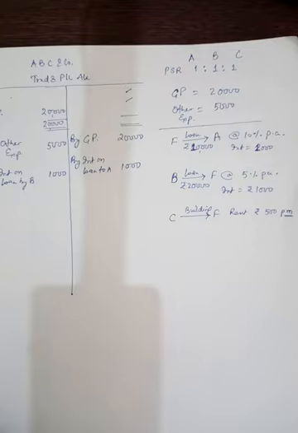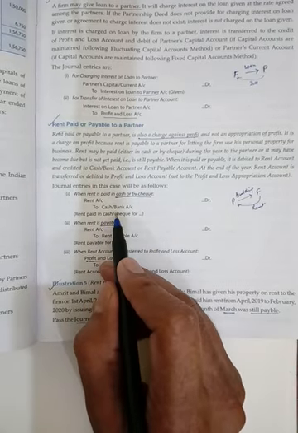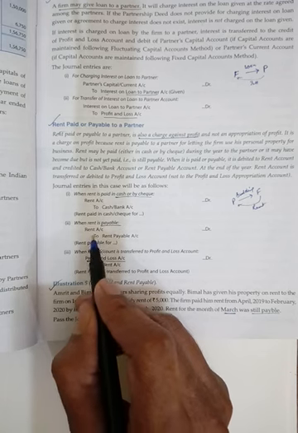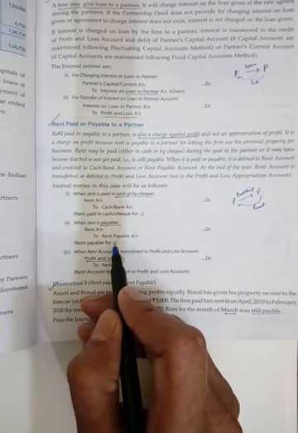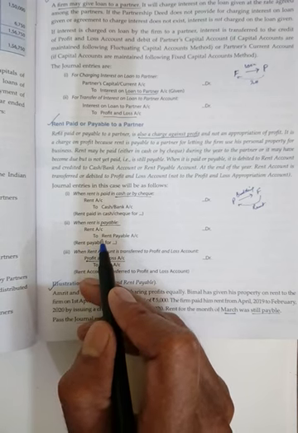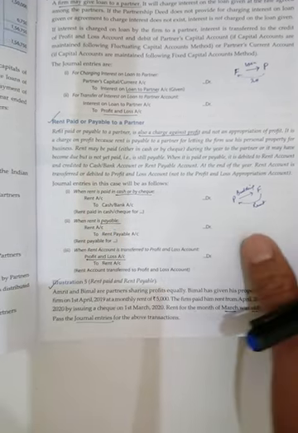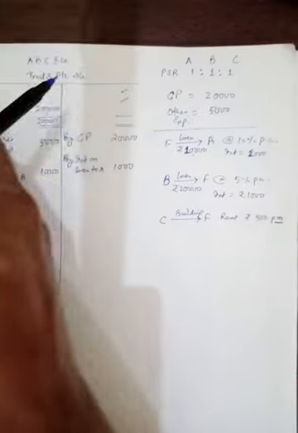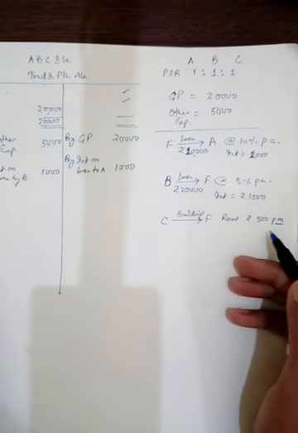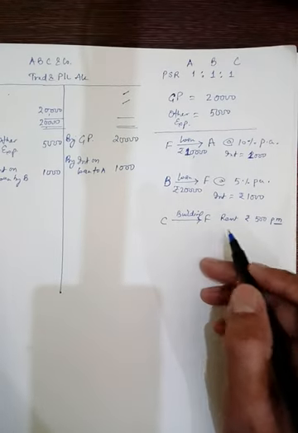Please recall the journal entries that you have learned in the previous classes. If this rent is paid in cash, then rent account debit to cash. If this rent is payable, then rent account debit to rent payable. In either case, rent will be debited with the amount paid or payable to the partner. So in this case, I am not going to detail whether this has been paid in cash or it is an outstanding amount. Whatever the case may be, rent will be debited with the